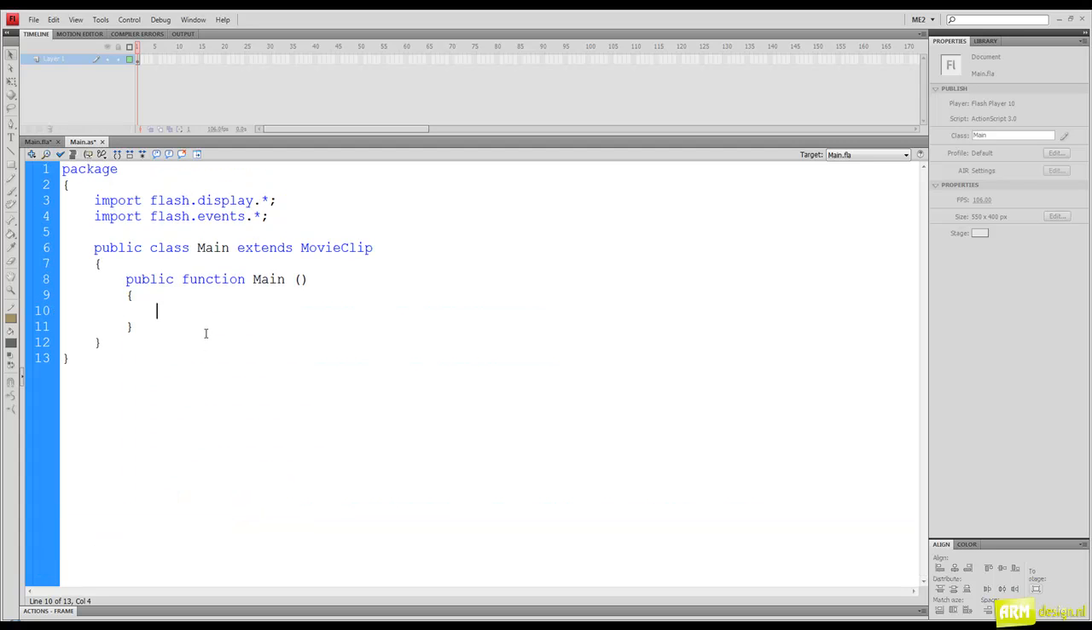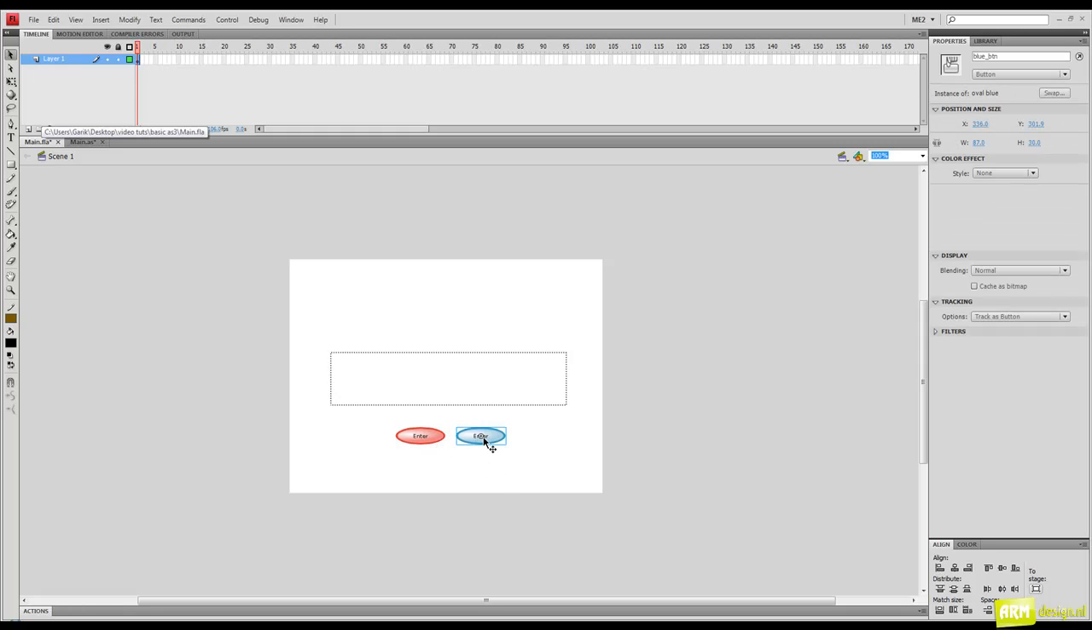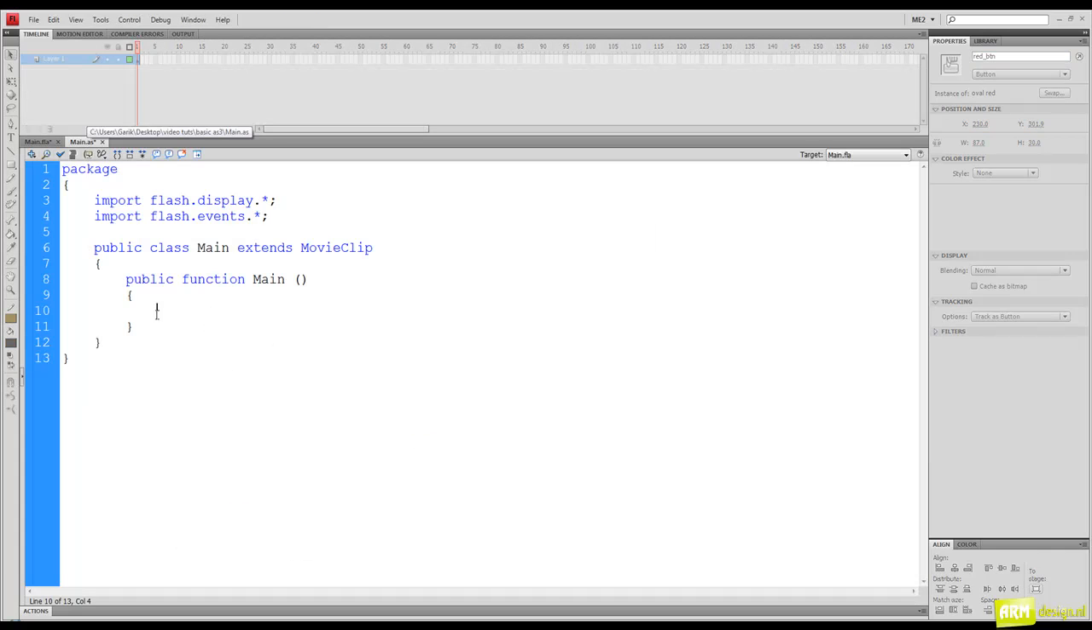So to interact with buttons, you're going to need to listen for clicks, and the way you listen for clicks, you have to specify the name of the buttons, which you have already given. This one is called blue_btn and this one is called red_btn. You can see right here. So in our action script,